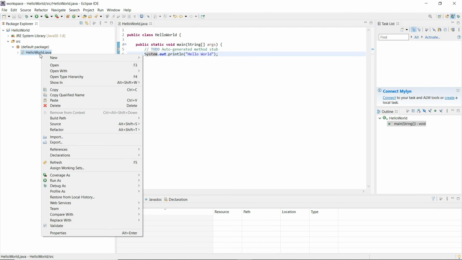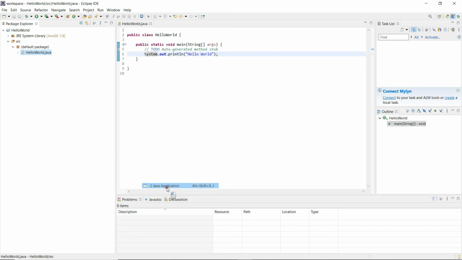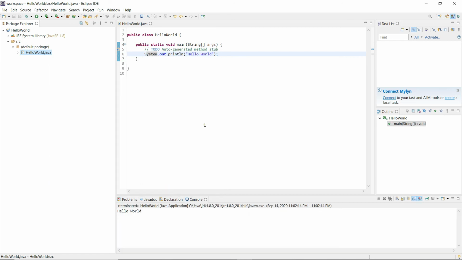Right click on the class that you have created, and we can say Run As Java Application. When I use this option of Run As Java Application, the class that you have written is being compiled and the compiled code is being executed. So here is how you will be able to see the output of the code that you have written. So the compiling and the execution part is embedded into the IDE.